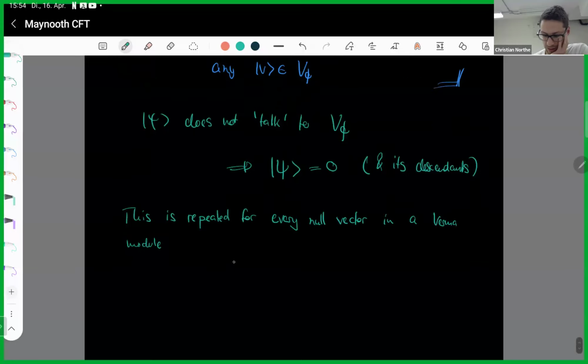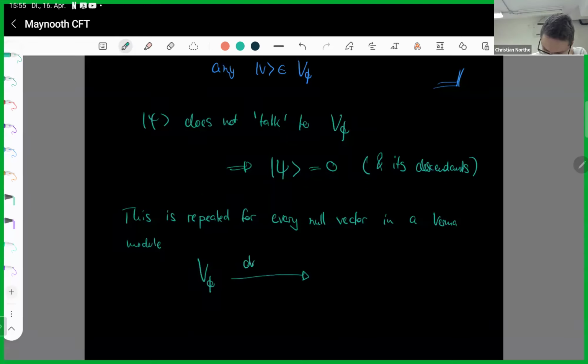And what that means is that after ignoring all the null vectors, so we have the Verma module for phi, and then we drop all null vectors,